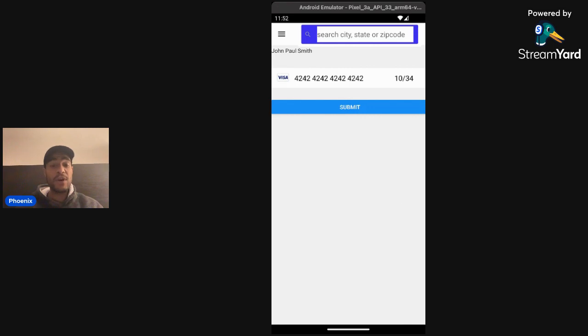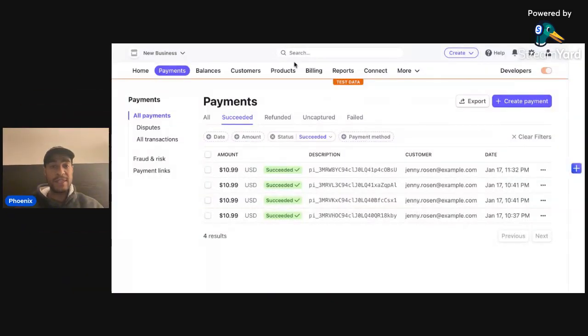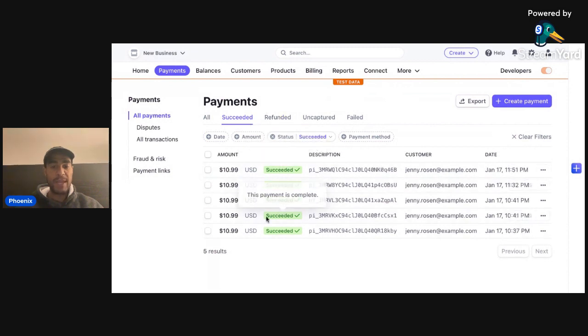But you might ask yourself also, how do we know that it's actually been processed? Stripe makes available to anybody this interface here that shows basically updates in real time. So you can see success or pending, and you can go through here and see these. And then also, obviously, your callback